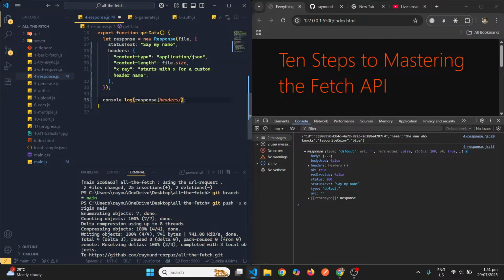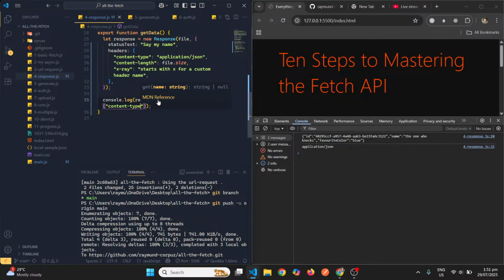Can you get me the header called content length? We want to take a look at those headers inside this response object. There it is. So anytime that you need to read the headers from a response object, assuming you're accessing one thing,